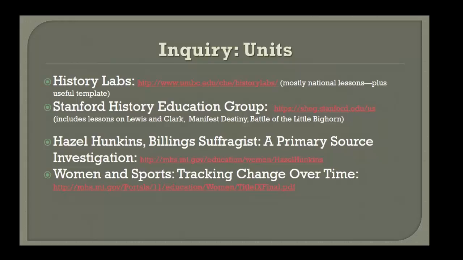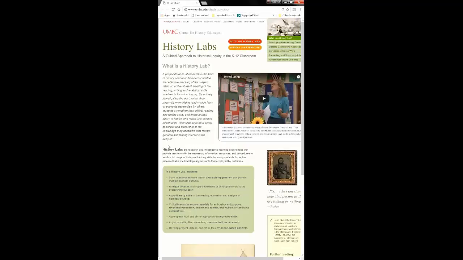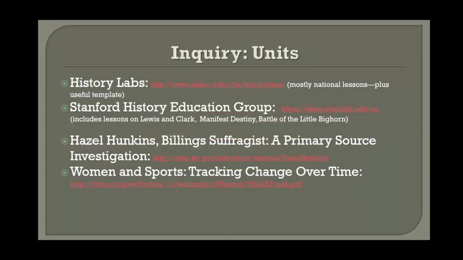History Labs is a really good model. They have a template of how they set up their inquiry units that I find useful. I think as a teacher, these are hard to create yourself because it's time consuming. It's time consuming to find those right resources. It's hard to find that open-ended overarching question that permits multiple answers. It can just be tough to create maybe a summer project to create one, and then the next summer you